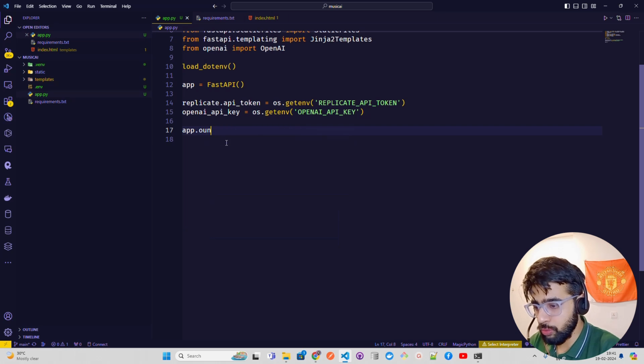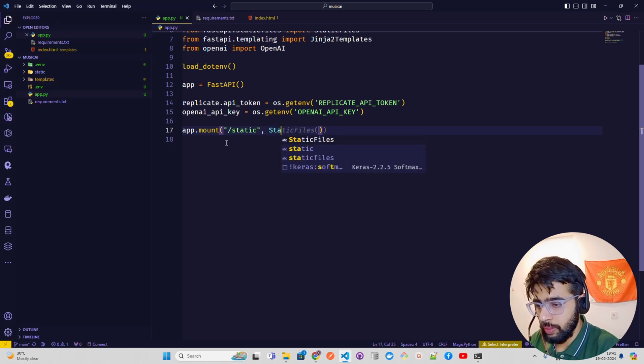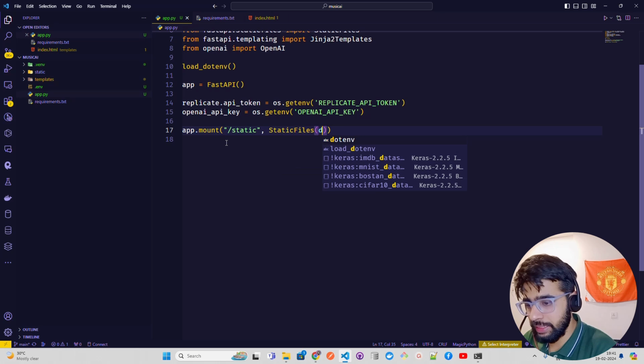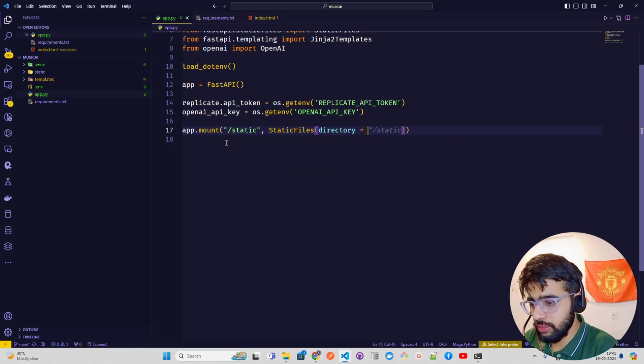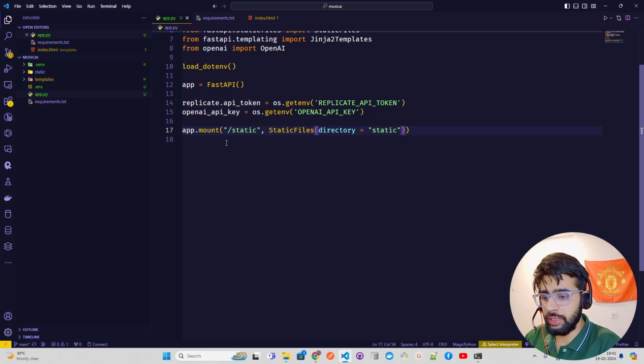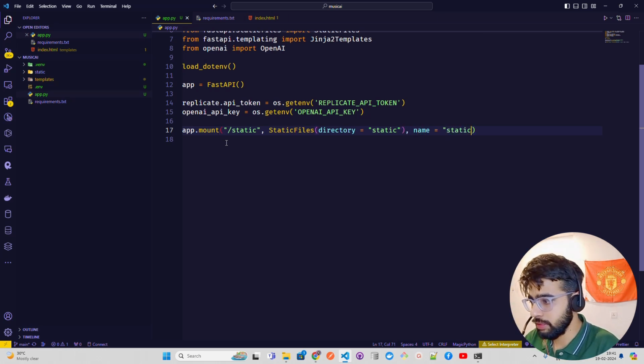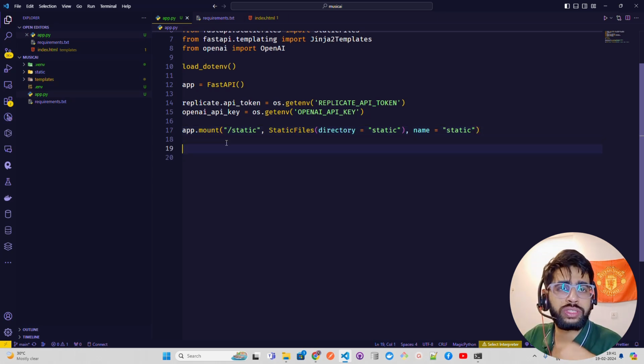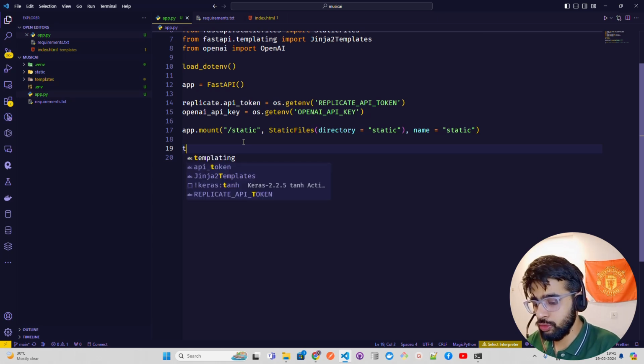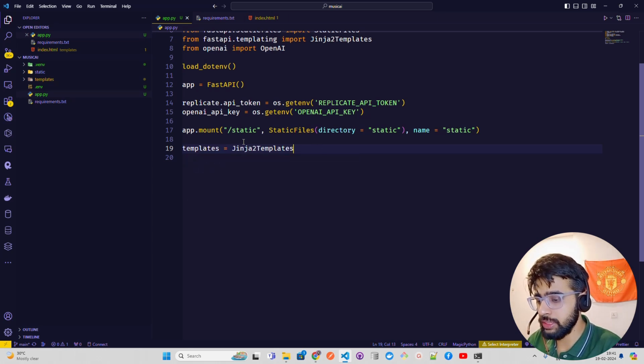And then you do a couple of things. We're going to do app.mount, and then you define your static folder, and then you give the StaticFiles directory. So basically it takes directory, and directory is nothing but static. This is the directory name as static, and then you give a name to it. So let's give a name static. If you want to keep your logos and images and things, you can put it in the static folder. Okay, app.mount. Now I'm going to use a template. So I'm going to say templates equals, and we have Jinja2Templates, and I'm just going to pass the directory. My directory name is templates, as you can see. So I'm just going to define that.